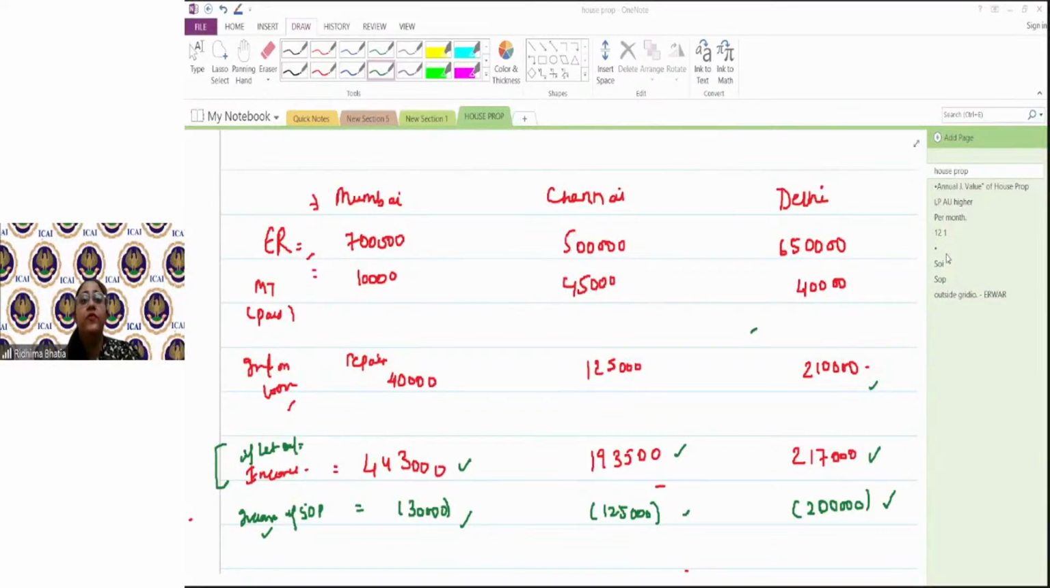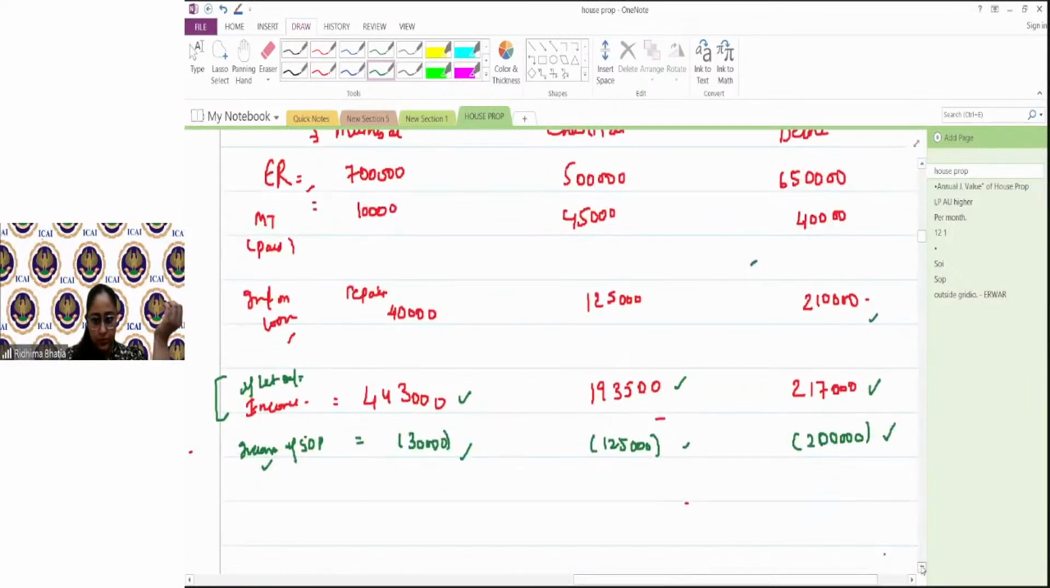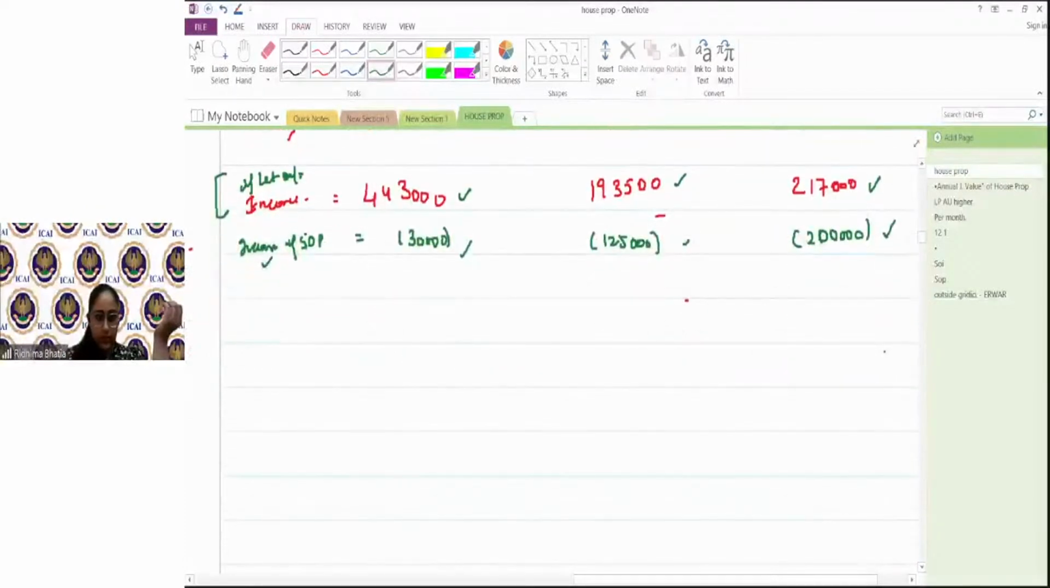Chalo. Now the final step is making permutation and combinations. Permutation and combinations कैसे लेंगे? First scenario में scenario 1 or case 1, taking Mumbai house as LOP, as a let out property, or DLOP I should say, and taking बाकी दोनों को सेल्फ ऑक्यूपाइड, चेन्नई एंड दिल्ली को SOP. ठीक है,